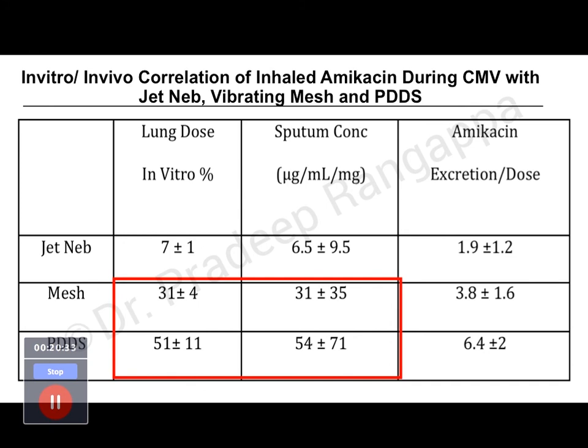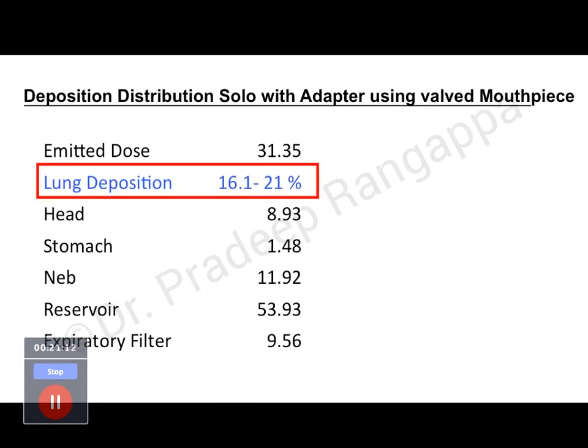So again here with amikacin, they have compared jet and mesh. If you use a jet, it still sits at single digit, 7 and 6.5. But if you are using a vibrating mesh nebulizer, obviously it goes to double digit, up to 30%, which is very good. And there is a new device, a pulmonary mediated nebulizer, which is a little superior, mainly for antibiotics, where you can aerosolize them as a continuous infusion. So that is also something which is evolving, and we need to see how that will come through.